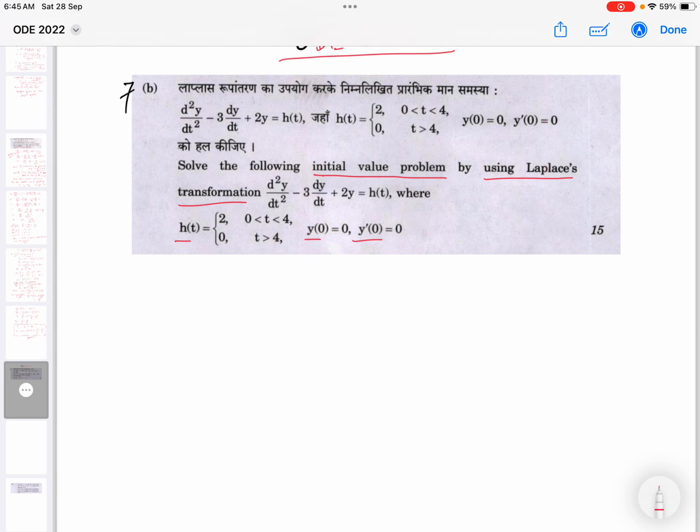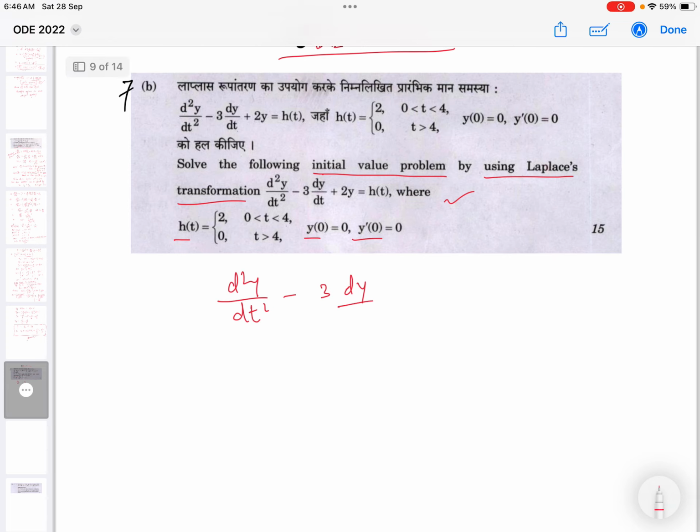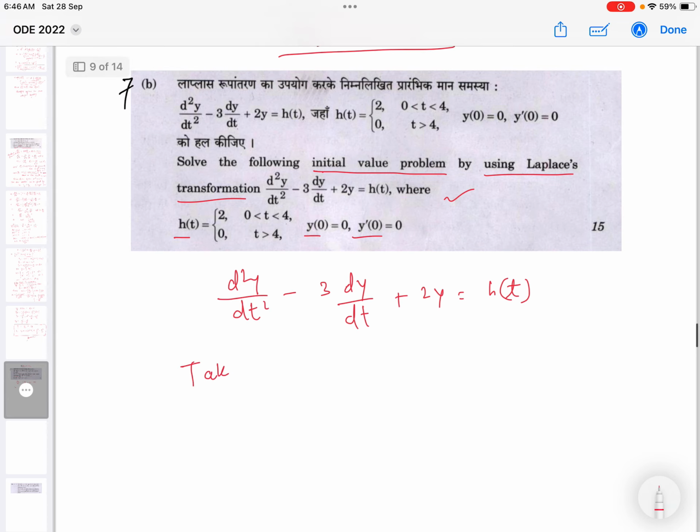So one needs to be thorough with all the definitions and all the formulas in order to solve this problem. So what we will do is write the equation d2y upon dt square minus 3 dy by dt plus 2y equals h of t. So taking Laplace transform on both sides, we get,